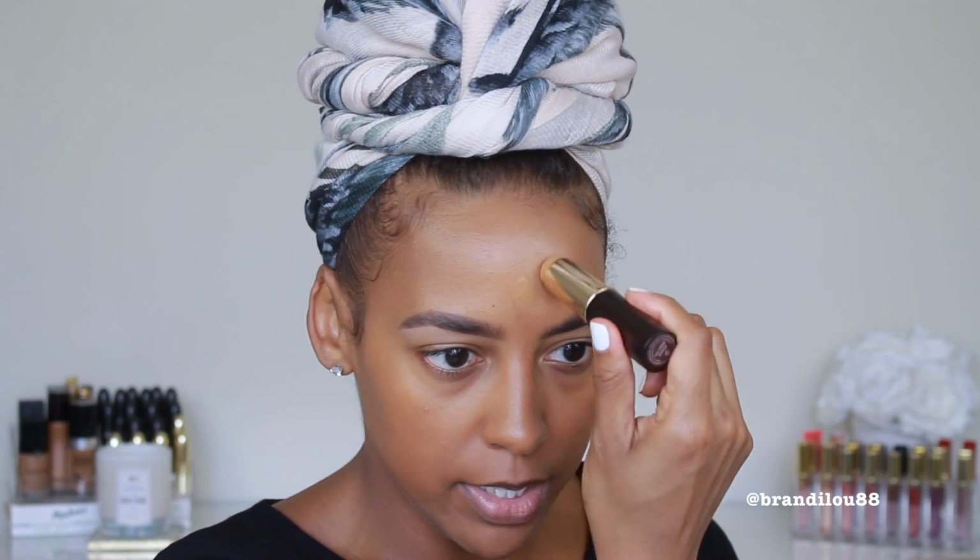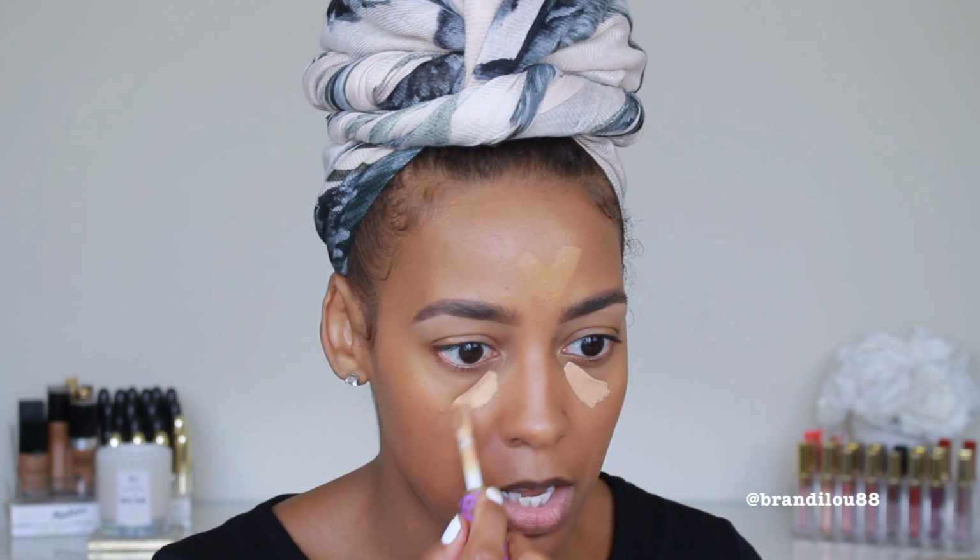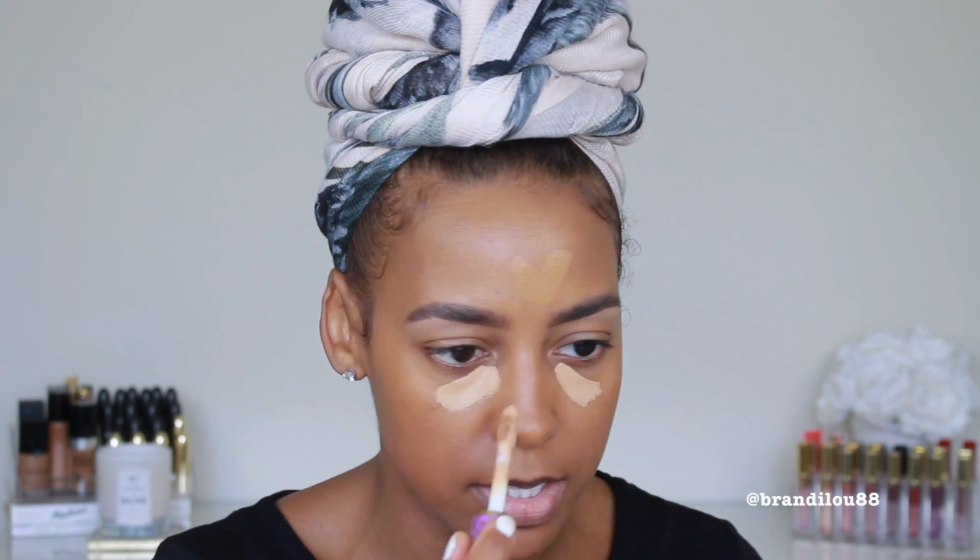I know it's not that light, so I may go in with a little bit of the Tarte Shape Tape also, because this would be a better shade for me just to do that. So I'm going to put some, yeah, that's not going to be light enough at all. I really love this Shape Tape so much. Everybody I talk to who's used this is absolutely in love with it,